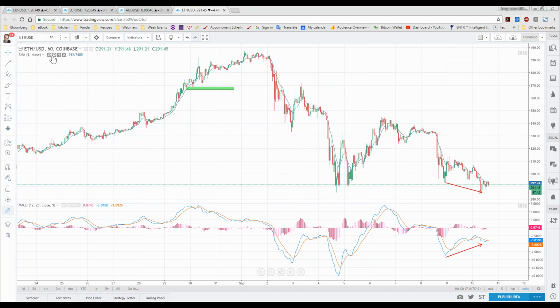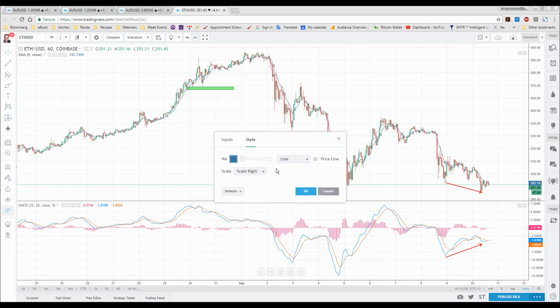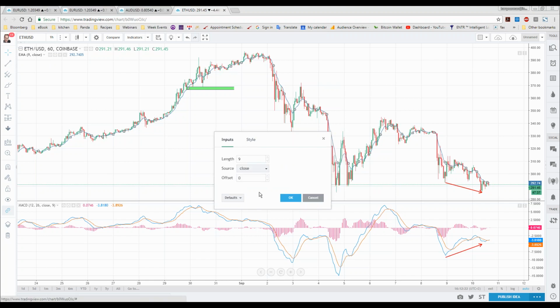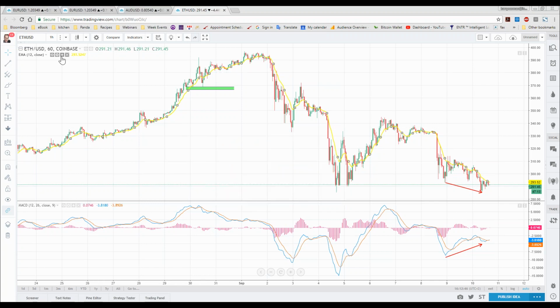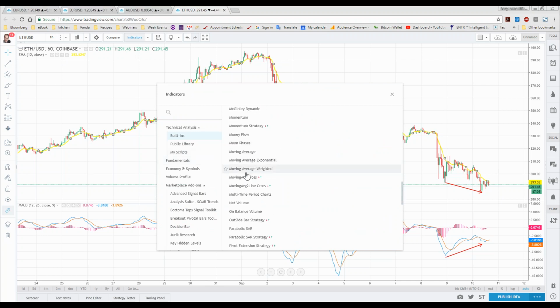It gave us a 9, so we're going to use a 12-period moving average. And we're going to make this broad, and we're going to make it a bright yellow so you can see it easily. So for our MACD, we use a 12-day moving average, and then we're going to put another one on here, and that will be our 26-day moving average,